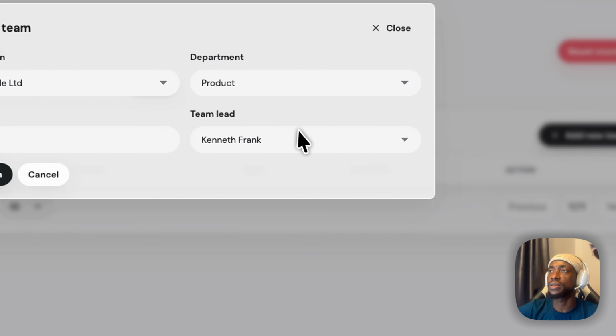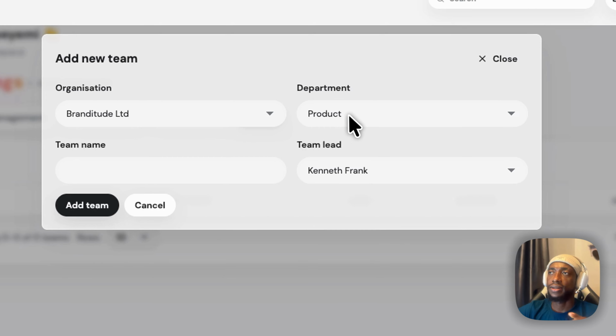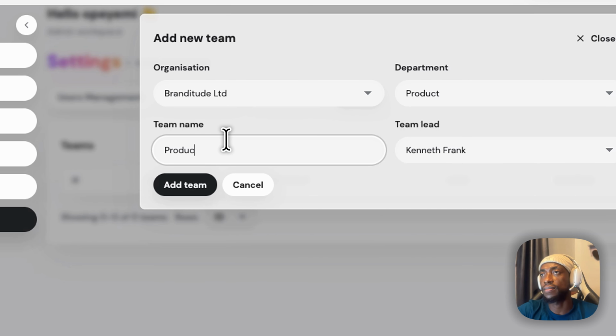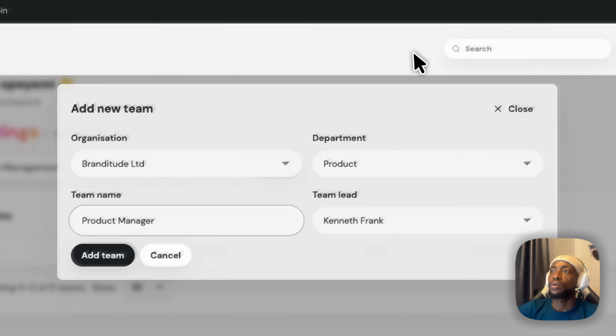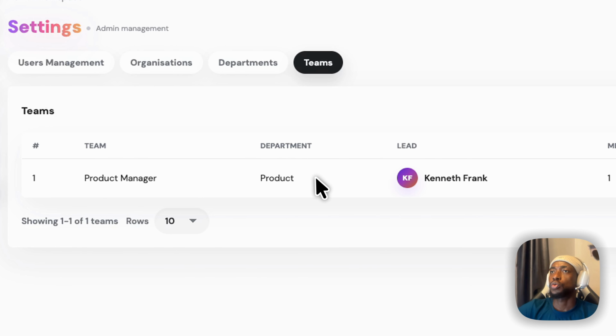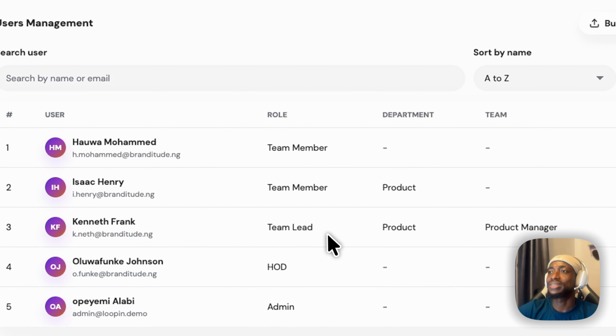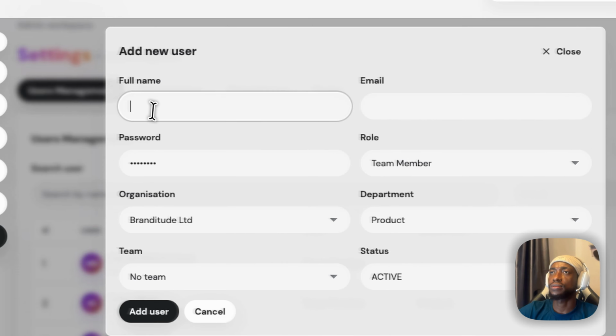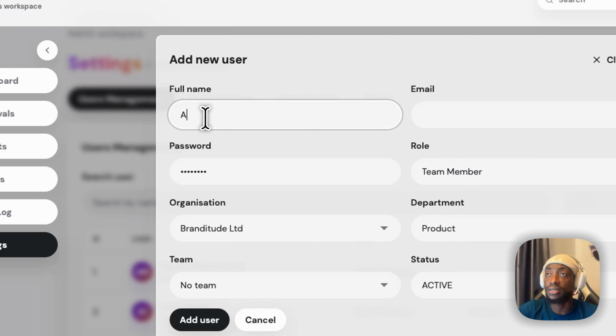So I add a new team. The team is going to be under the product department. So I'm going to say the product manager team, which is going to be led by Kenneth. So let me quickly add a new user to be a team lead for the product design department. Let me say add a new user. Let's use a female this time around. Let me say Amaka